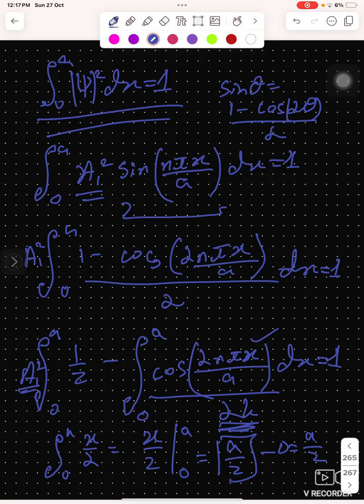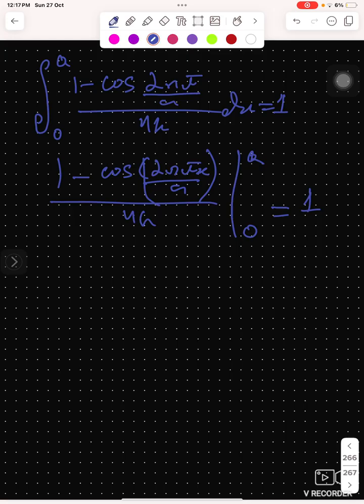Yeah, x is there, I added it. So x at 0 would give us nothing, so minus 1 minus cos 2nπ over a over 2k equals 1. Okay,